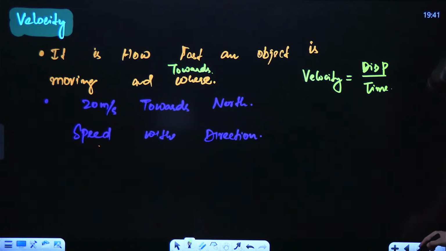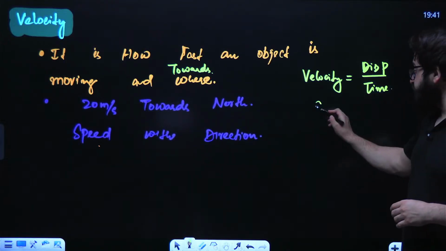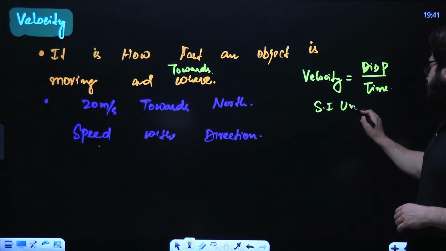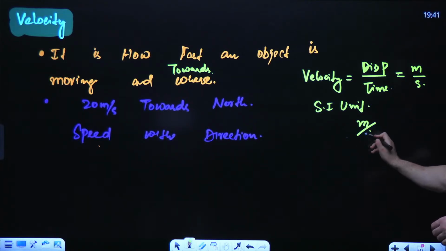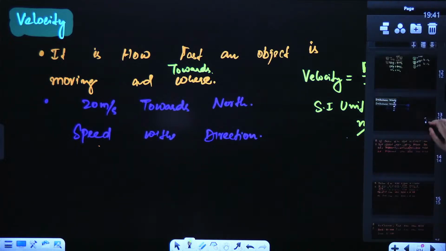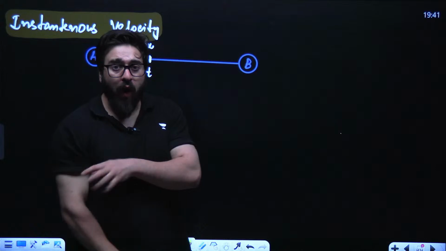Next. And when it comes to the SI unit, see guys, what is the SI unit of displacement? We measure it in meters and time in seconds. So that will be simply meter per second. Now guys, understand very carefully. What is